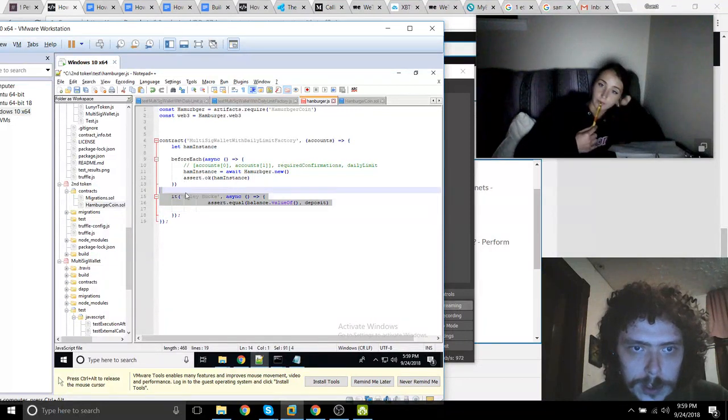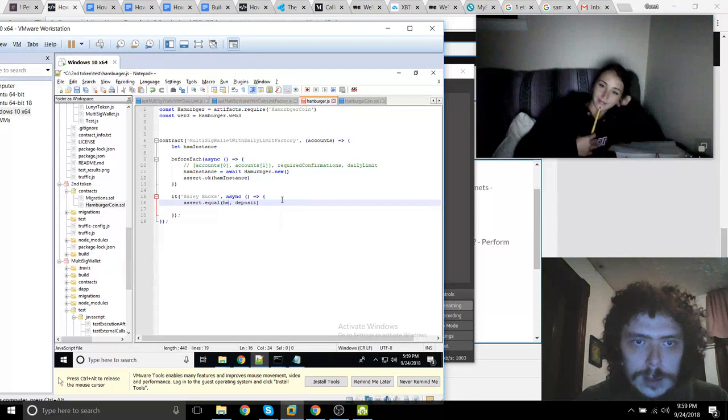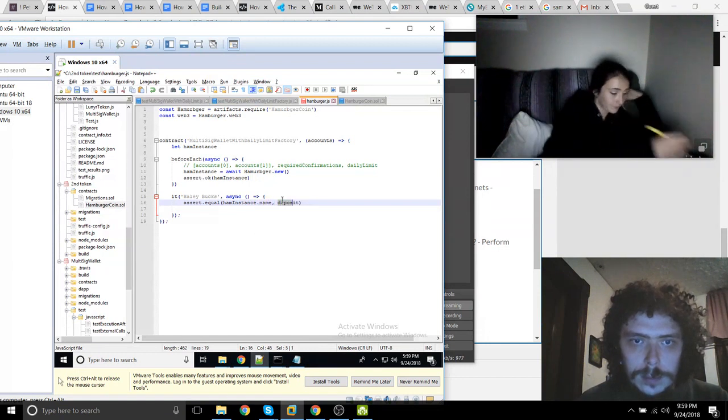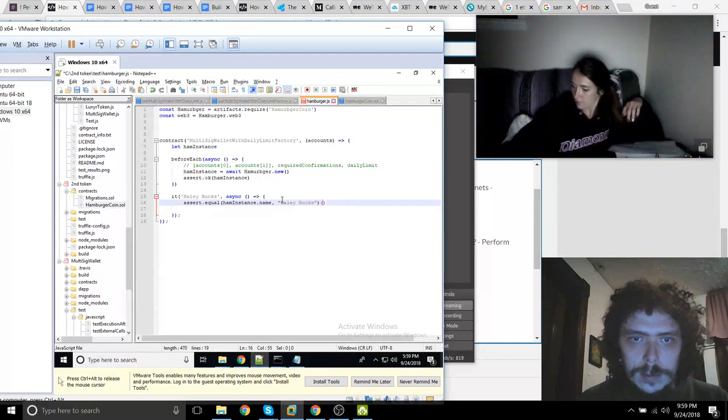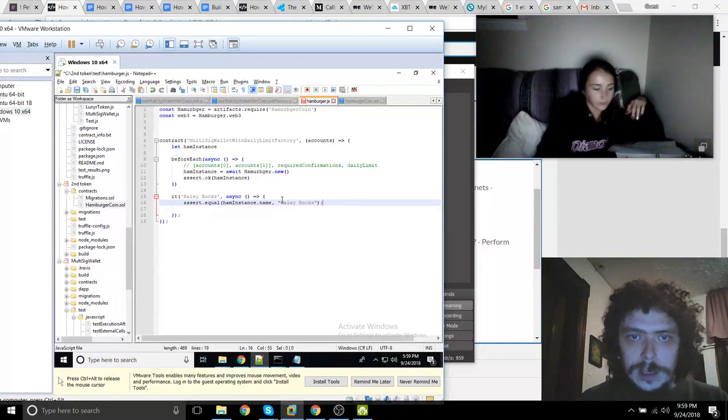And I think what we want to make sure is equal, come on, guys, I can't click on anything with this stupid mouse, is the ham instance dot name to be equal to Haley Bucks. And then we're going to test this and see if it works.